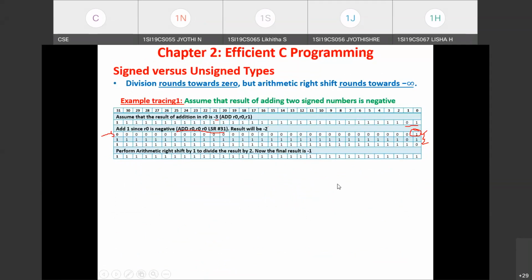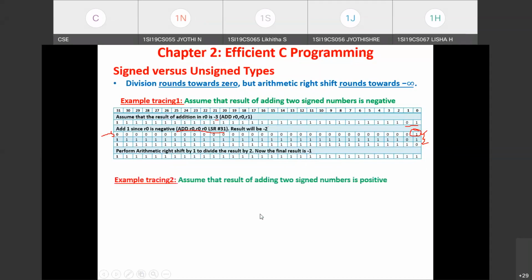All ones, what decimal value is it representing? It is minus 1. Minus 3, if you arithmetic right shift one time, you'll get the result as minus 2. But that is not the correct result. What is expected is minus 1. So to do this correction, the compiler has added 1 to that result, and then that is arithmetic right shifted one time.